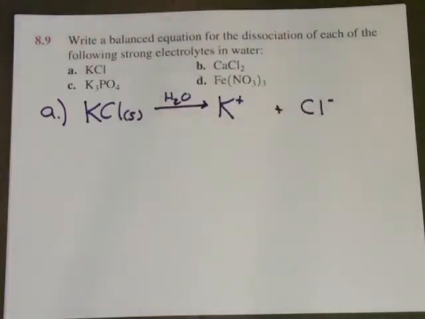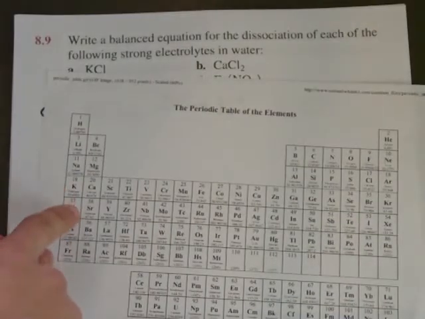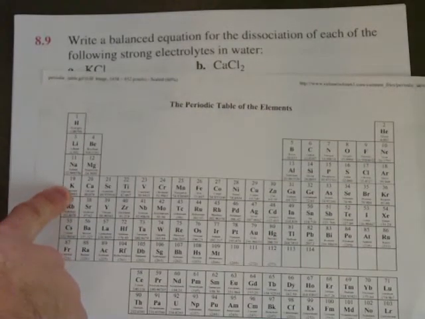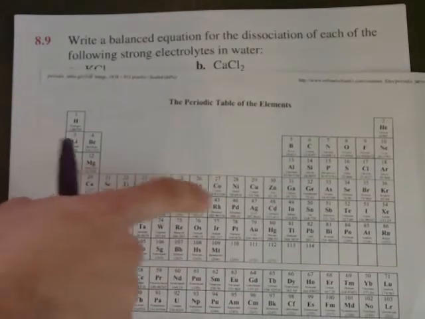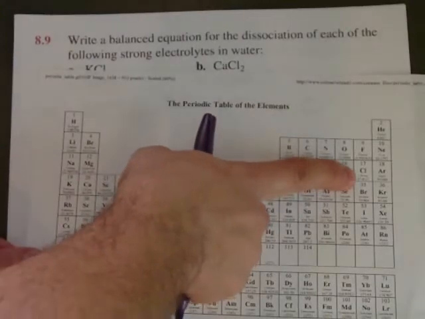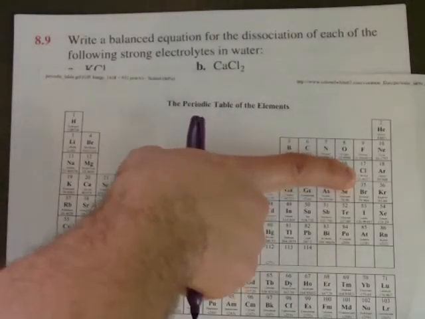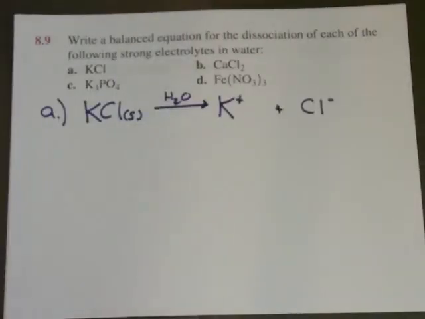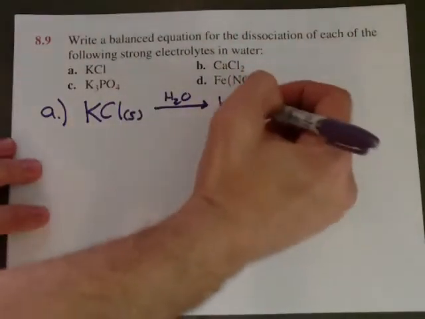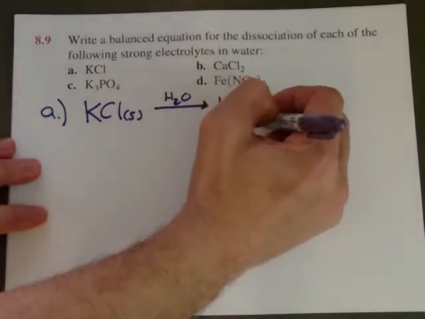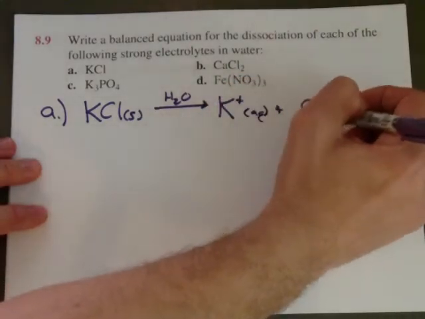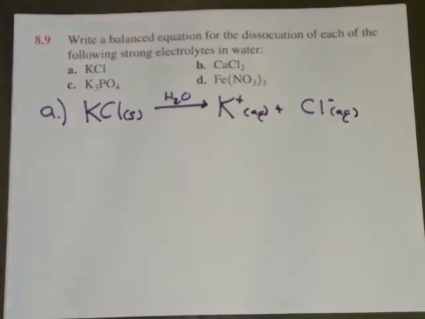minus. And the reason why we know it's going to be K plus is because when we look at our periodic table, potassium is in group 1, and so it's going to want to have a positive 1 charge. It's going to want to lose 1 electron. And Cl is group 7A or 17. It wants to gain 1 electron, and so it wants to become a negative charge. And so it does, and then when it's in water, it's going to be in the aqueous state. Aqueous coming from aqua and water. Then we can look at